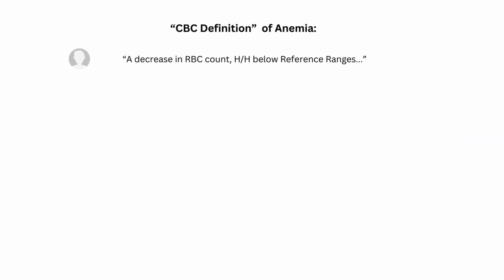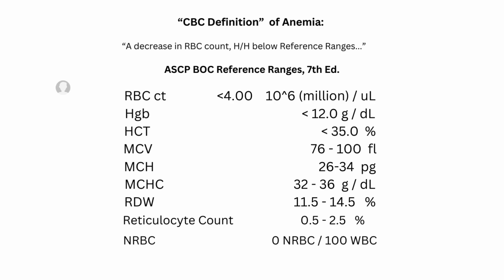In the CBC definition of anemia, we pay attention to reference ranges, and they vary from medical center to medical center, male greater than female, and the pediatric population, the neonates start out high and they decline till age 3. So there's a lot of variability. But let's use the ASCP reference ranges. So this is the reference range given by ASCP Board of Certification, 7th edition,